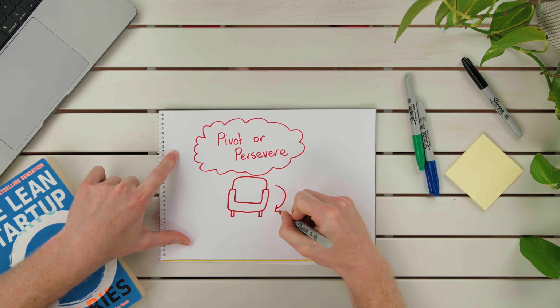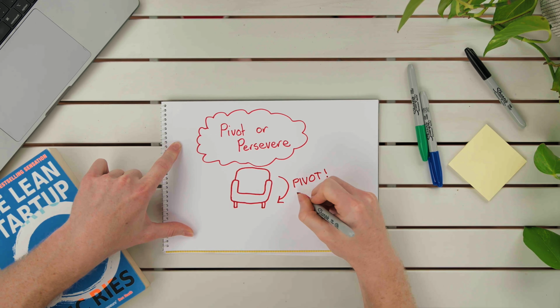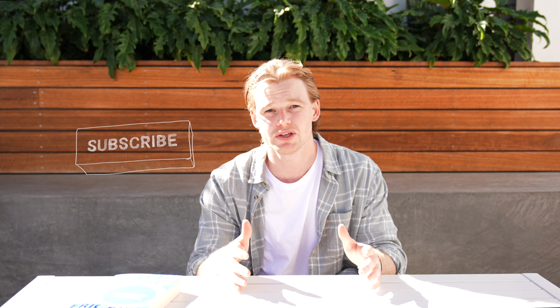The fourth thing that you really take away from the lean startup is whether to persevere or to pivot. The explanation of these two things are quite obvious. Pivot is to change direction, persevere is to keep going in a similar direction. Eric argues that when doing a pivot, it's really important to stay on course with the initial vision you had. I technically don't agree with that.